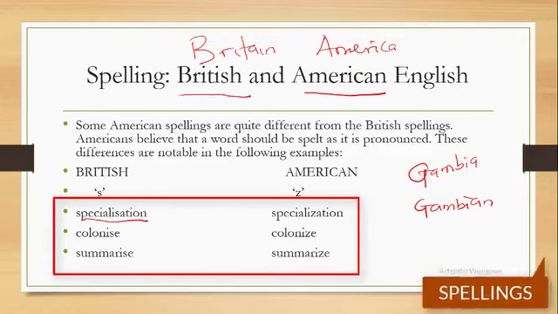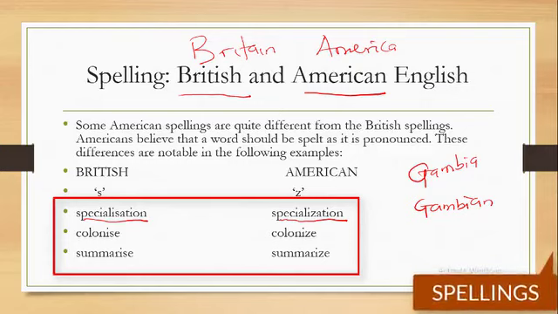But in American English, it changes the letter S to the letter Z in the word specialization. We also have it in the word colonise, and it changes in American English to colonize. Then we also have a word like